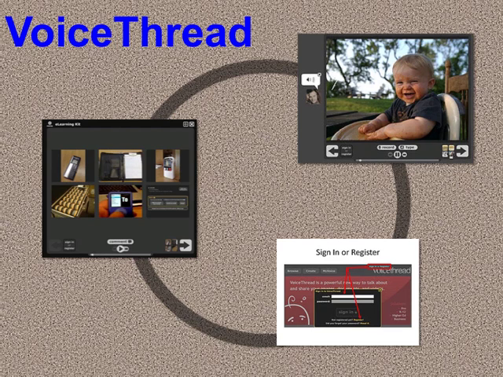Schools can choose to use a free account or to purchase a class subscription. A class subscription allows students to have their own accounts as they work in a more secure collaborative environment. Users of VoiceThread can interact with the slideshow in a variety of ways, making this tool very versatile for diverse